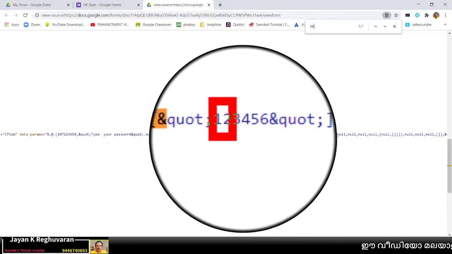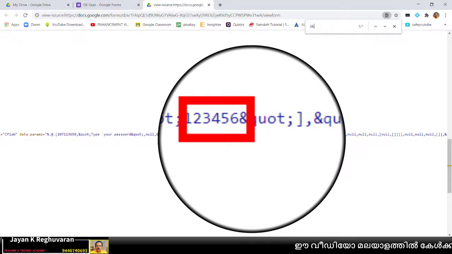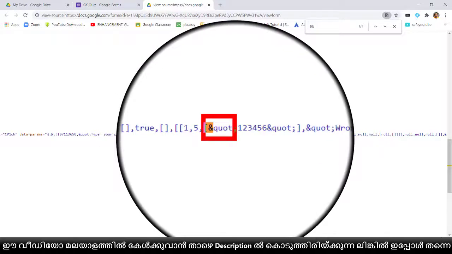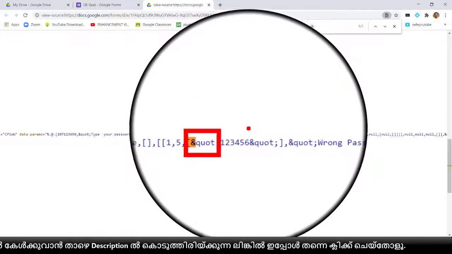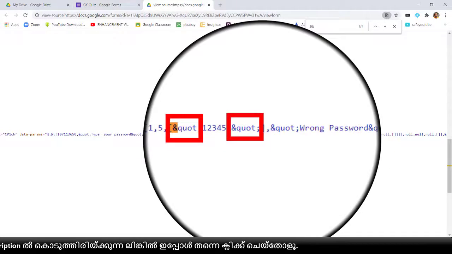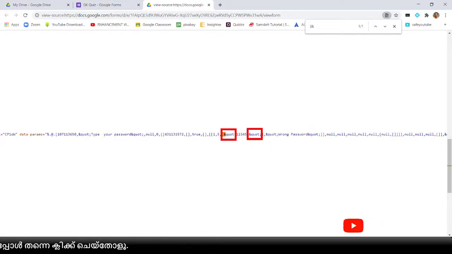Okay, this is the password. And one more thing to remember: the password will be between two quotes. This one quote and this another quote. In between the two quotes we get the password easily. This is the method to find the password from the Google Form.